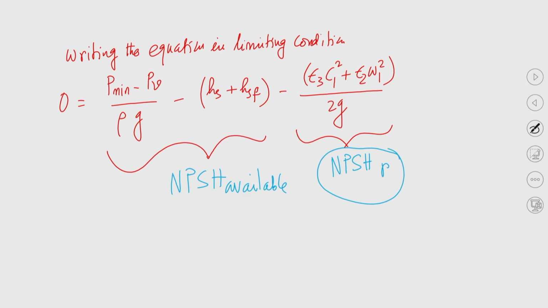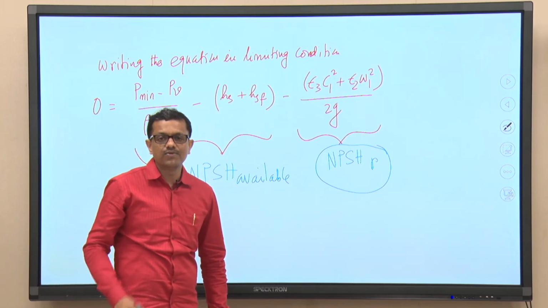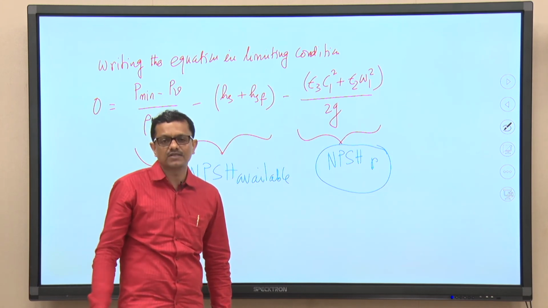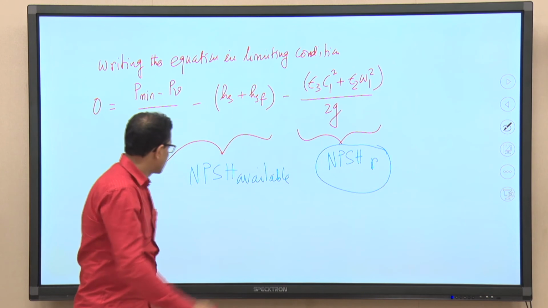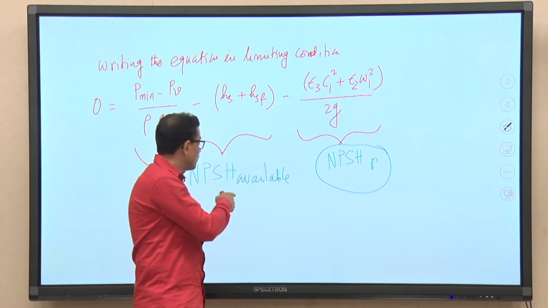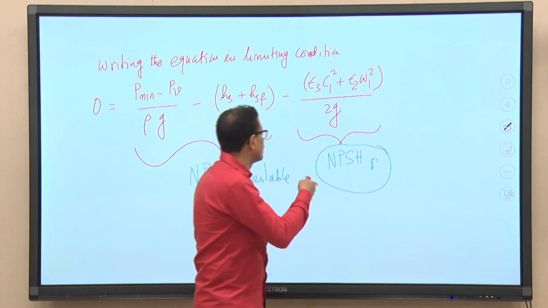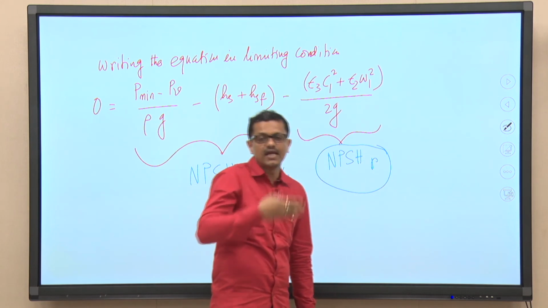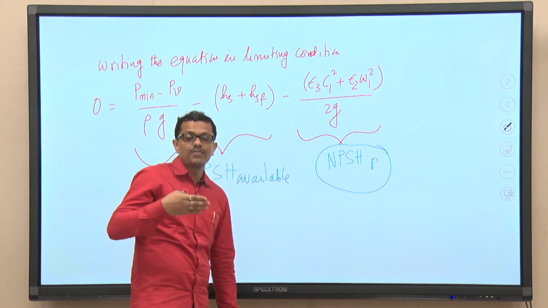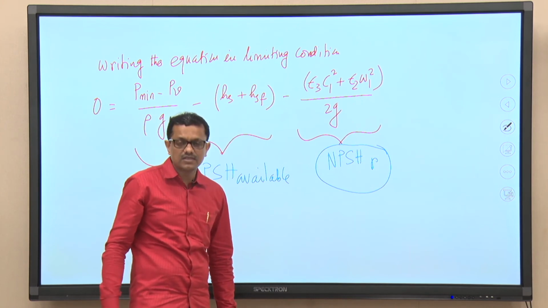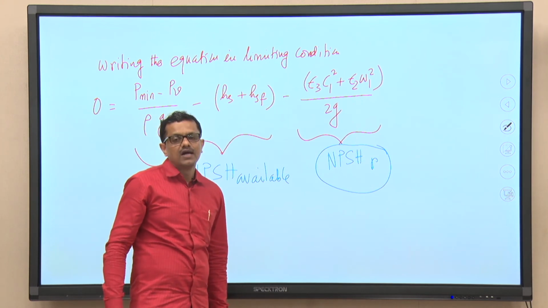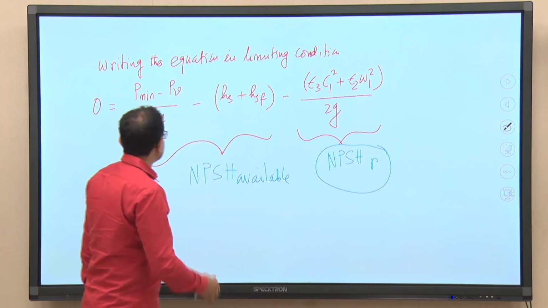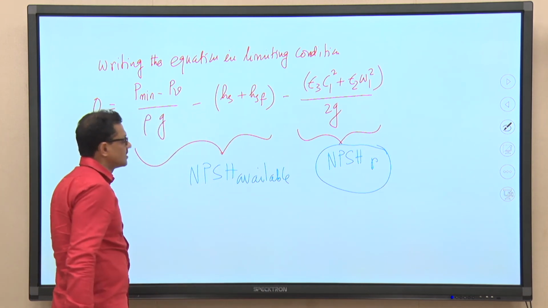So, at least in today's class we have identified that if we really need cavitation free operation of a pumping system, then the suction line condition is responsible. Also, it is important to note that NPSH required, that is, the design parameters of the pump itself, should be selected carefully. Okay. So, you can understand that it is NPSH available versus NPSH required.